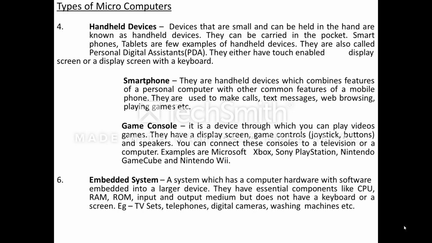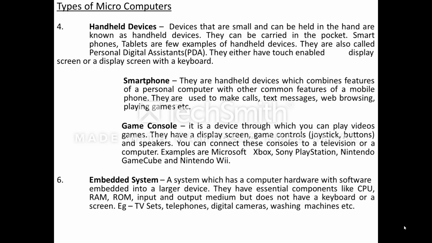It can do whatever a computer can do, and it can do whatever a mobile can do. You can make calls, you can send messages, you can work on a smartphone like you work on your laptop or a computer. You can browse the net, you can play games, you can create word files on your smartphone. So it is a combination of a computer and a mobile phone.